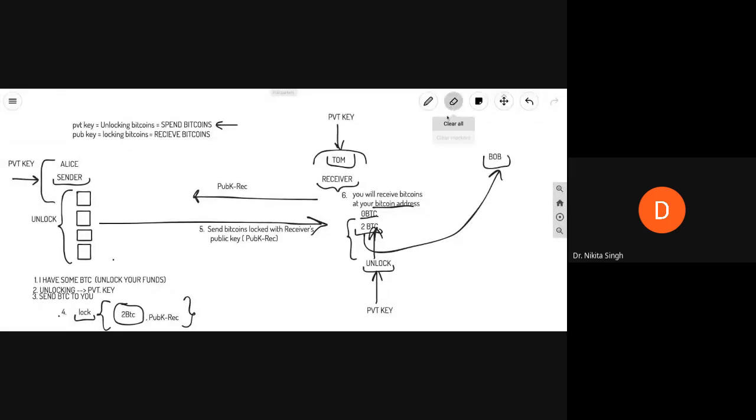So what I'm saying here is, suppose I have 10 BTC available with me, and my address is some address like say 0x123. I have a hexadecimal code address, as we have seen, and I have the amount, I have the address. So I'm saying that I am trying to transfer this amount of money to you. So I will create a transaction,